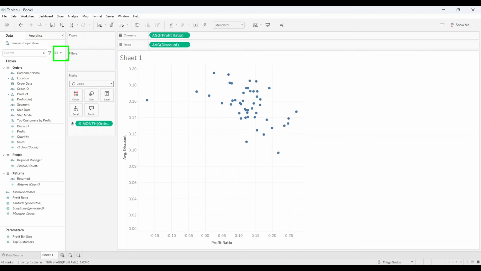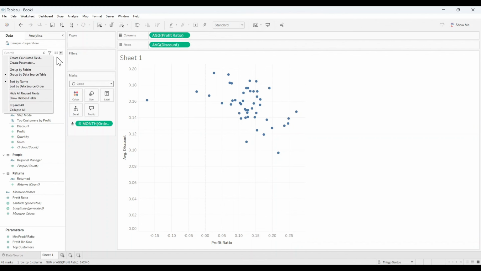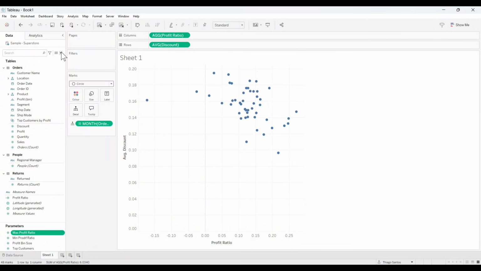Now, let's make 4 parameters. Click at the arrow, go into create parameter. Let's make the first one min profit ratio. We're not going to change anything, just click on OK. Let's make another one. This one is max profit ratio. Go and select OK. Next one is